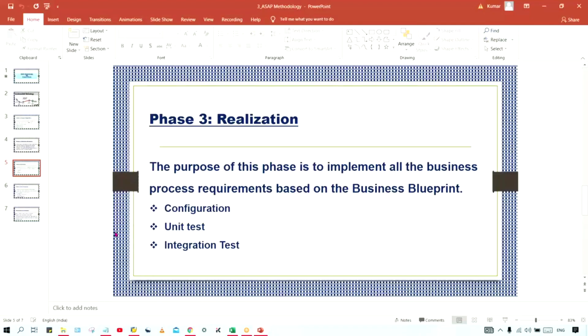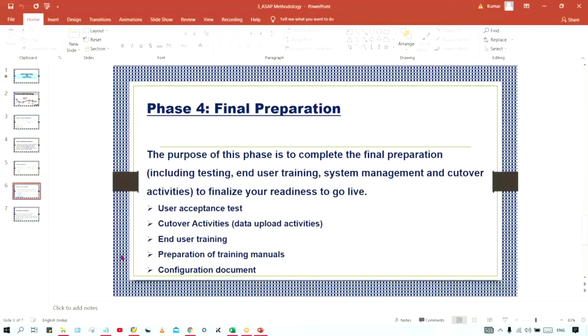Anyway, once we proceed further, you guys will have this whole idea of what these configurations, unit test, and integration test are. That we'll see practically. Now, once the configuration and testing is done, then we move to the fourth phase, called the final preparation phase.